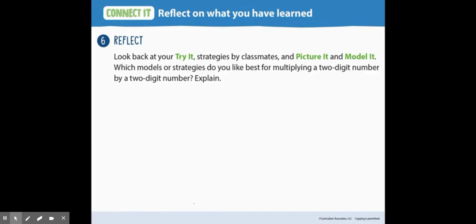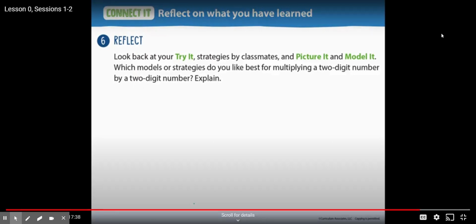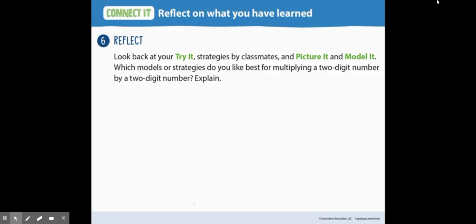Number 6, reflect. Look back at your Try It, Strategies by Classmates, and Picture It and Model It. Which models or strategies do you like best for multiplying a two-digit number by a two-digit number? Explain. So if you need to look back in the video